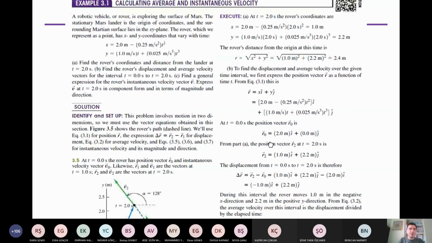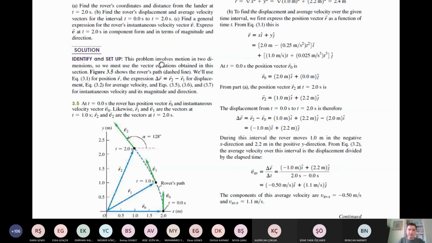Okay, now the second question. Find the rover's displacement and average velocity vectors. So what was displacement? This was the initial position of the rover. This is the final position of the rover. So we need displacement. In order to find the displacement, first we express the position vector as a